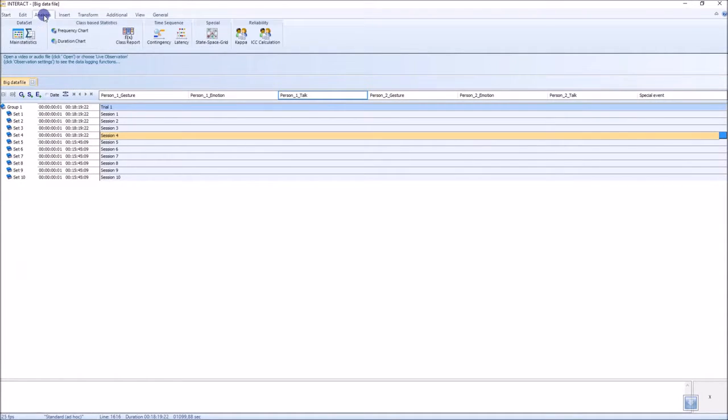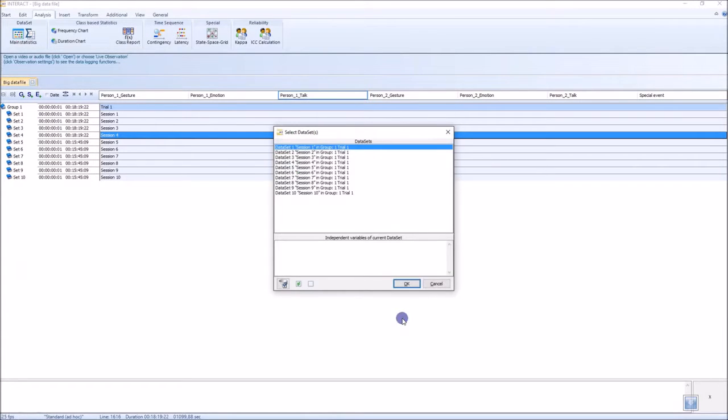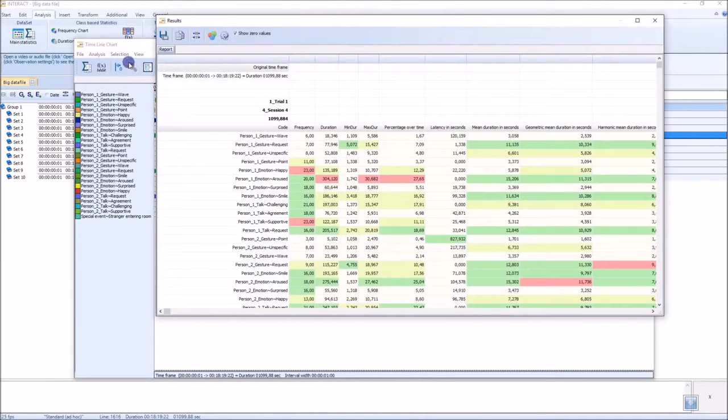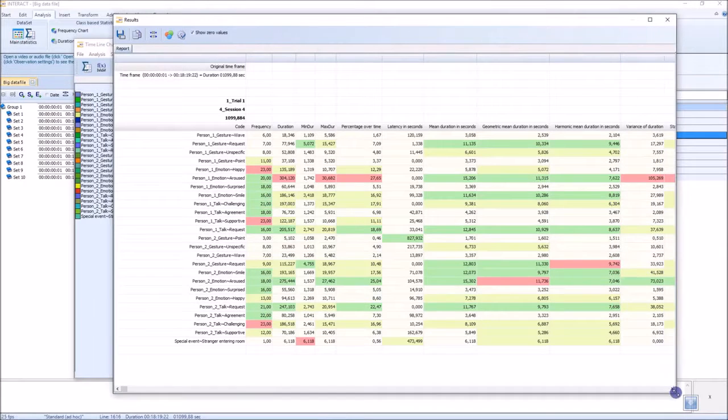Just go to Analysis, Main Statistics. All the codes are selected already. Say OK. And here are the different data sets that we have in the document. Let me choose one of them. Say OK. Here's our timeline chart. I see all the codes. And now I can push this button here and I get a full report about all the codes and their